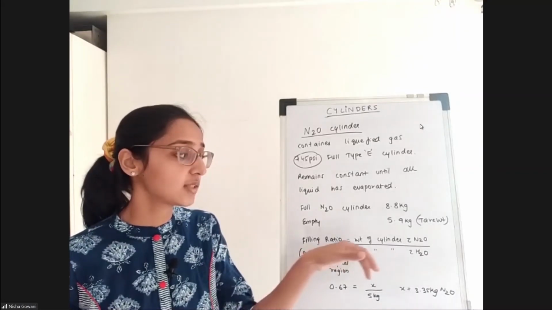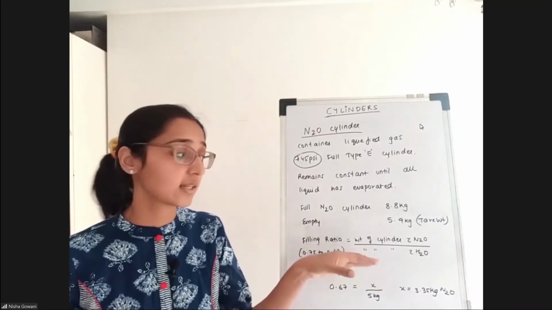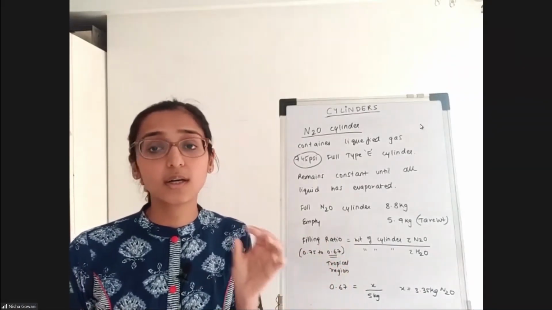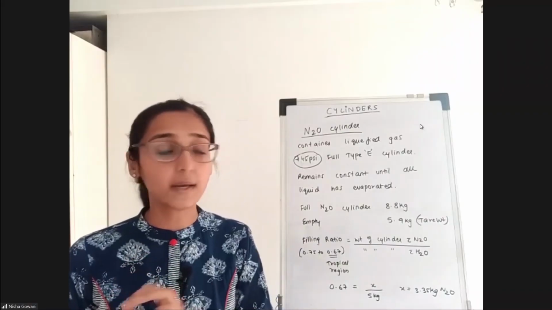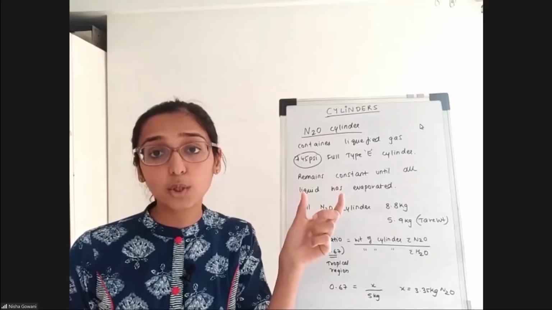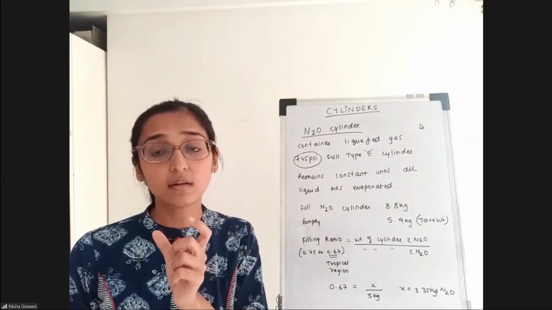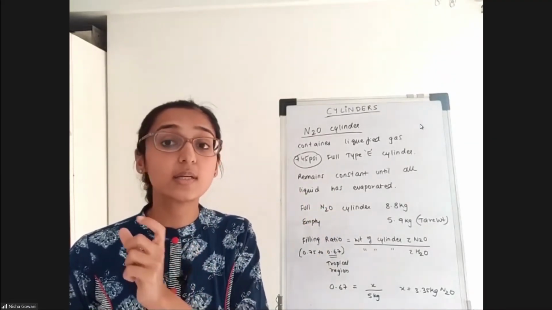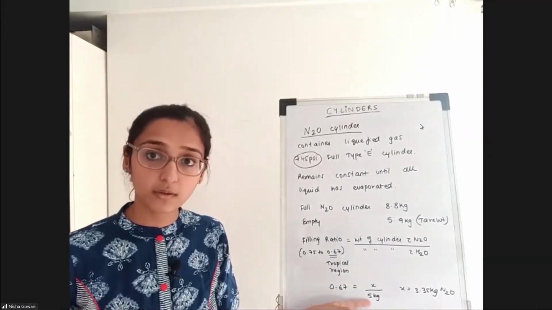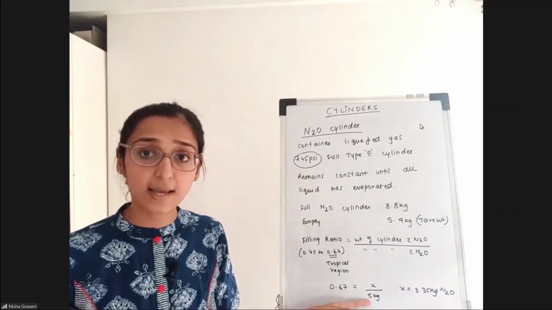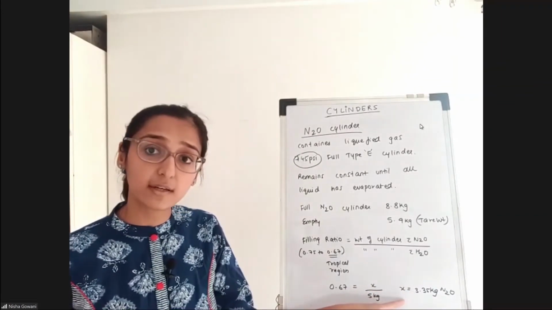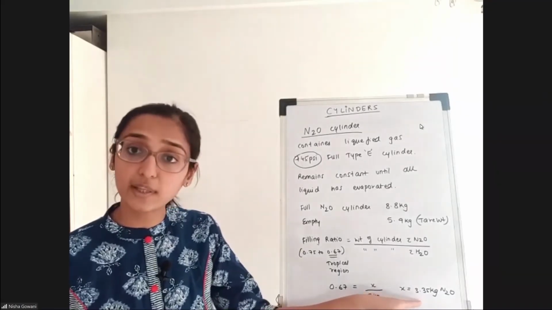The formula: filling ratio is equal to the weight of the cylinder filled with nitrous oxide divided by the weight of the cylinder filled with water. So 1 liter of water is equal to 1 kg in weight. A 5 liter volume cylinder will fill up 5 liters of water, and 5 liters of water is equal to 5 kg. When you put 5 kg of water in a 5 liter cylinder, that is a type E cylinder, it means that when you calculate this formula, the weight of the nitrous oxide that can be filled in the cylinder is 3.35 kgs.